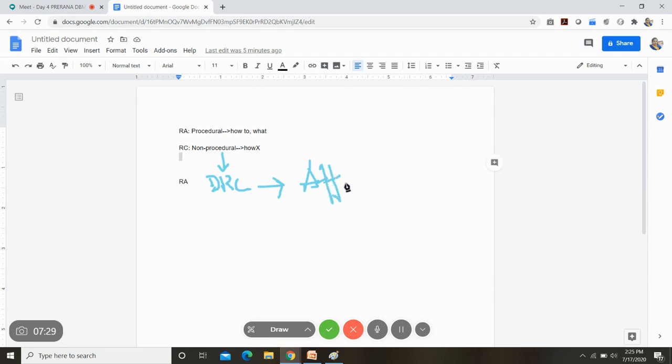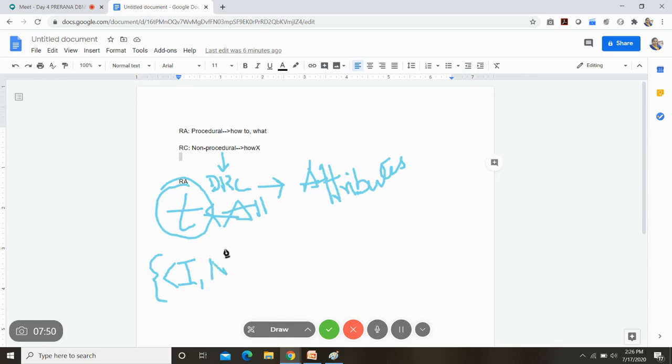So here, in case you wanted to retrieve all the attributes of the table, you cannot retrieve as in the previous case with the tuple T, which includes all attributes. It is not possible here with DRC. So if I wanted to retrieve all the attributes, I should specify them separately: the ID of the student, name of the student, marks of the student, and attendance of the student. You have to specify them separately.